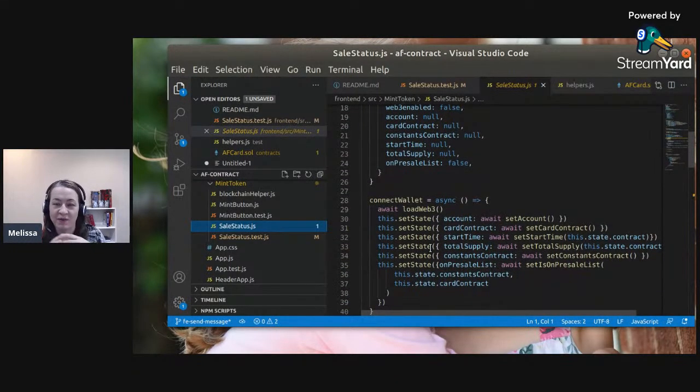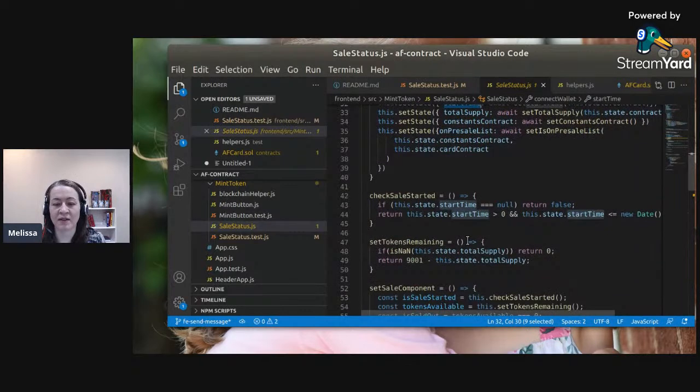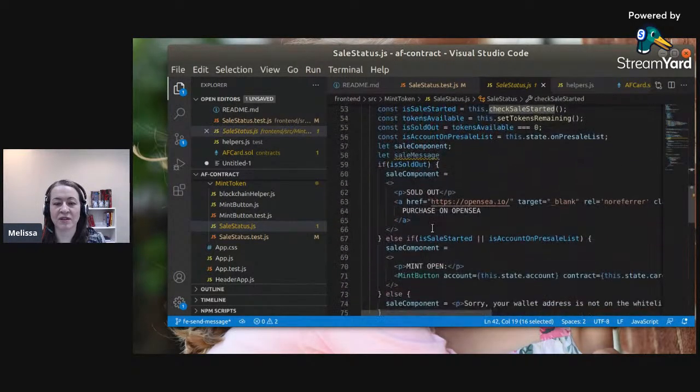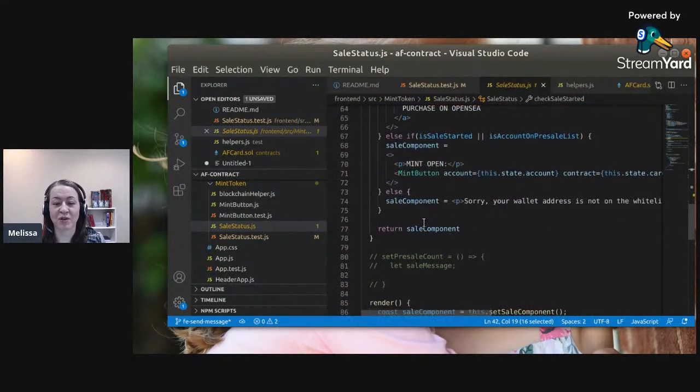Is it like a, have we sold out button? What is the sales status? What are we at? Because it's going to set the start time. Okay. Check if the sale has started. And then I have some stuff we were playing around with earlier. Probably going to be pulling this out. And then if it's started,